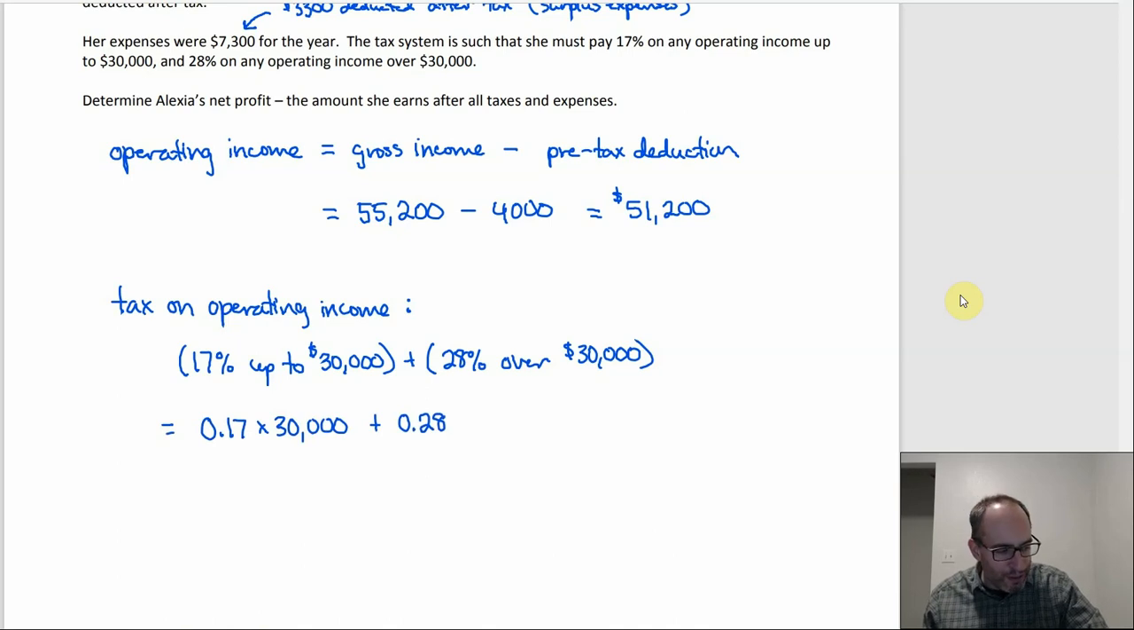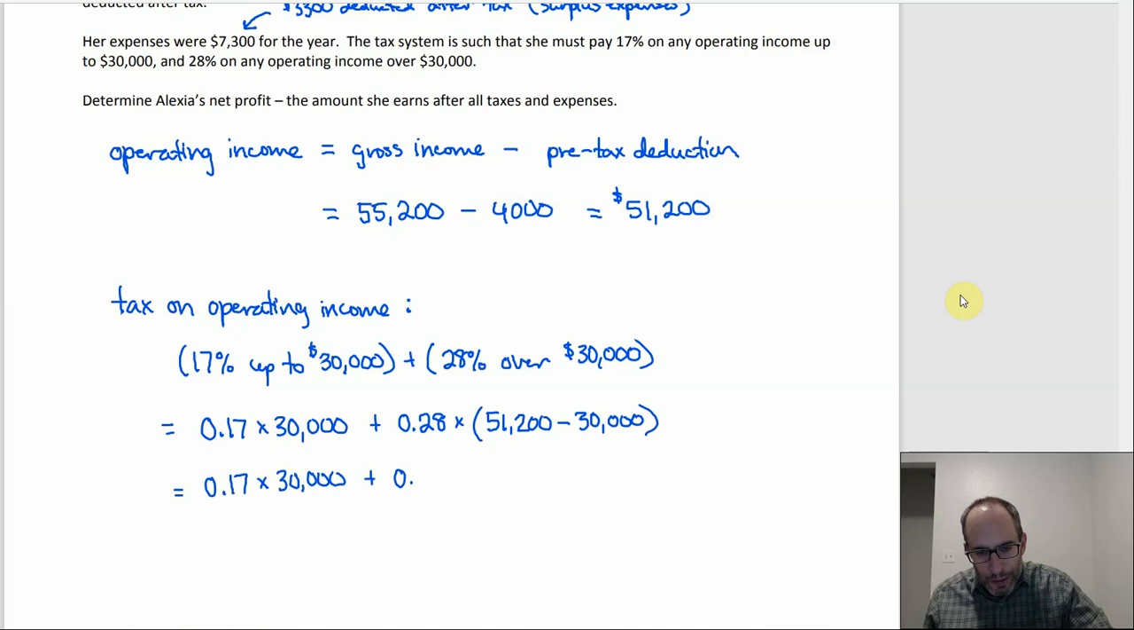But what's left is 51,200 minus 30,000, or 21,200, right? 30,000 plus 21,200 would give you the 51,200 back out. So, okay, what we're going to have then is, I guess I'll just rewrite this first part for now. So 0.17 times 30,000, and then plus 0.28 times